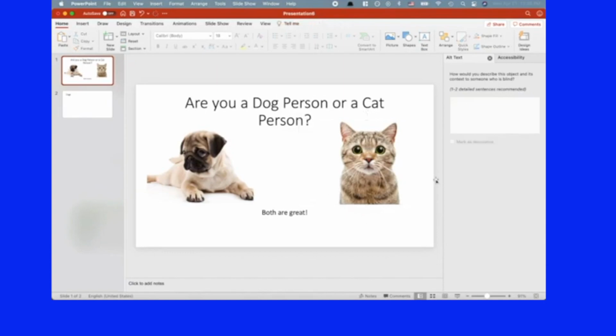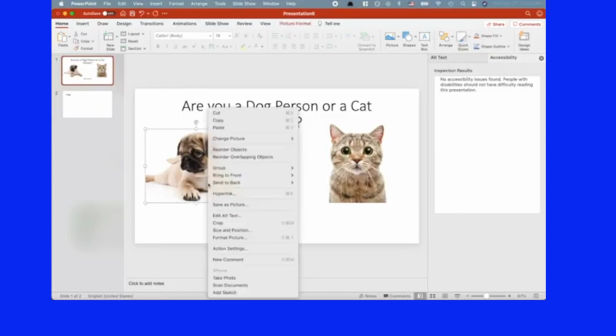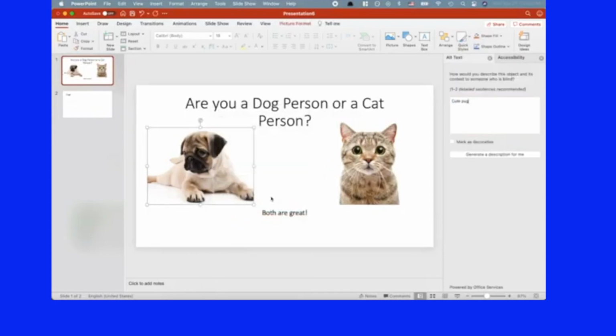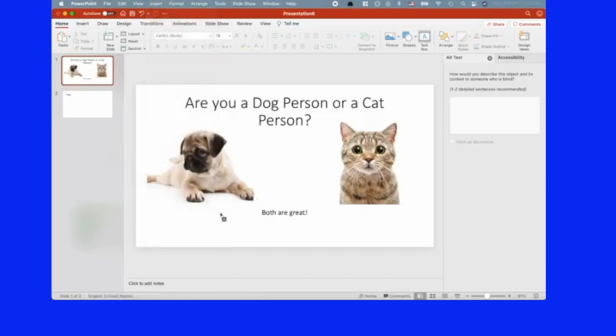The other thing to keep in mind, as I said before, is if you had a really long image description, I could say, see description below, and then you could make a new text box and have a very long description for the image, because generally alt text is supposed to be about 100 characters or so, 125.